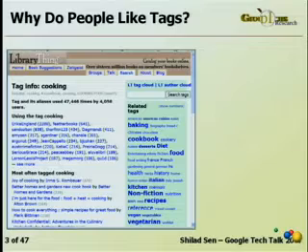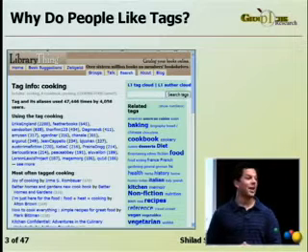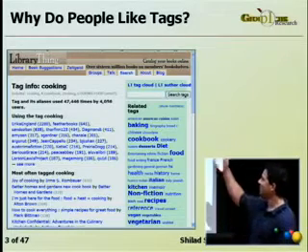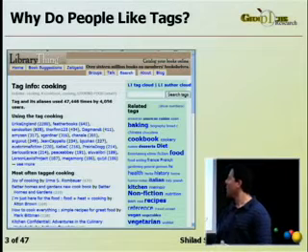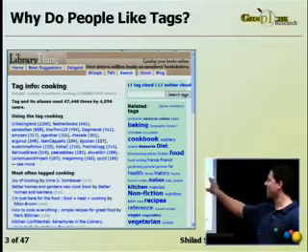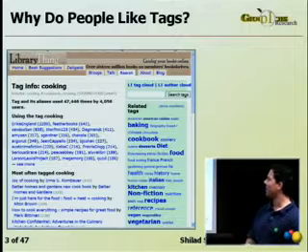So LibraryThing also allows users to tag the books in their library. And if I'm looking for a book, for example, a book on cooking, I can go to librarything.com and do a tag search for cooking. And here you can see what the search results page looks like for a tag search for cooking. There's a quintessential tag cloud on the right that shows the popularity of various related tags.